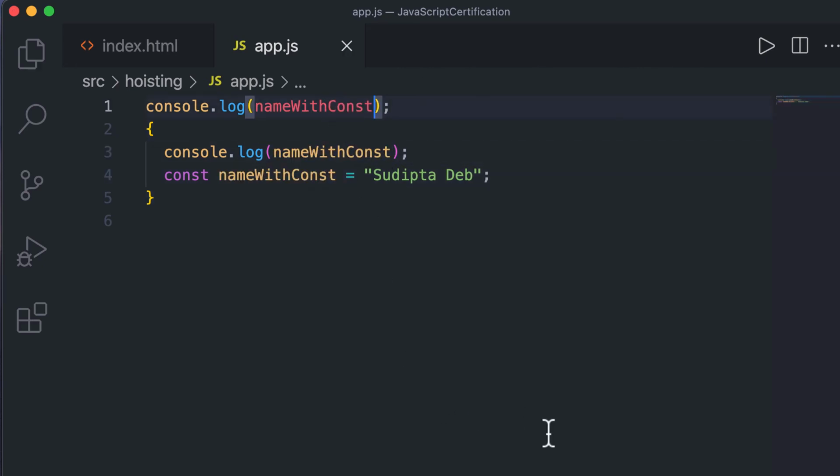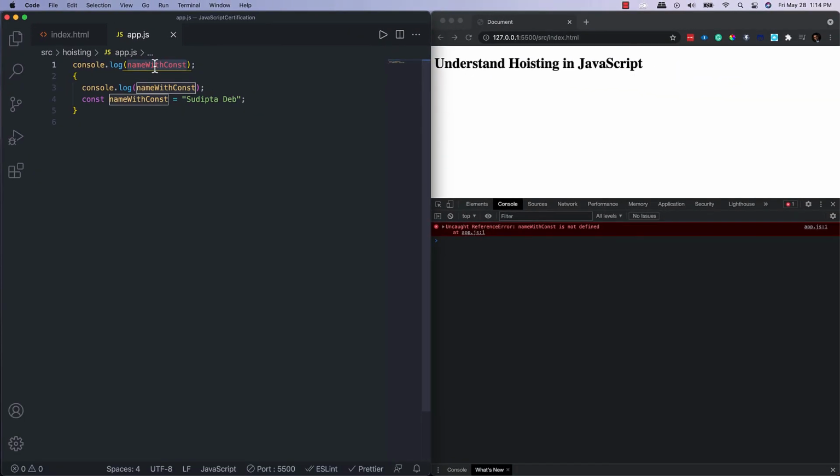What is happening is that when JavaScript is trying to execute this line number 1, it saw that there is no variable declared with the name name with const, because name with const is declared within this scope. So at this line, JavaScript has no idea. That's why it says not defined, which is good.